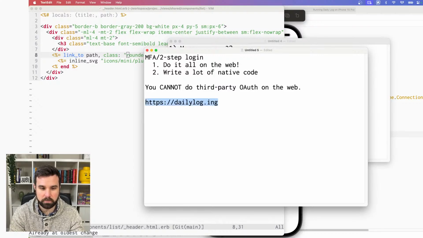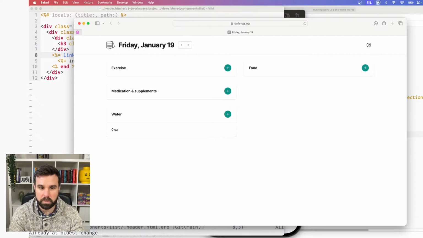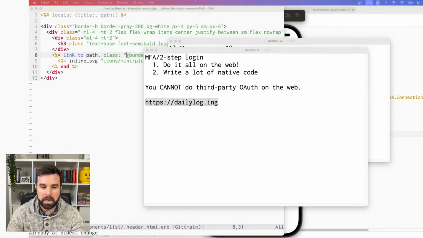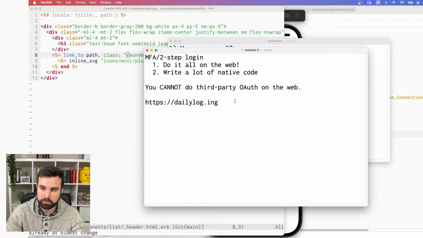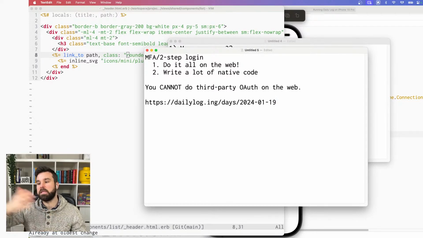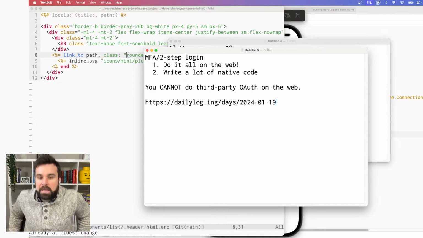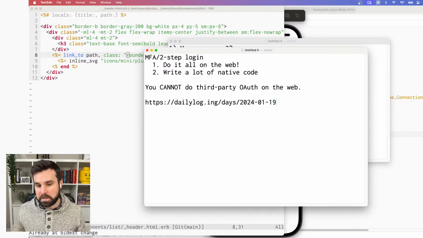which is the website for this app, and if I click this on my phone, if I have the app installed, it will open the app. And of course, if you could do something like days/2024/01/19, if you open something like this, it would deep link into the app. They're really powerful because they get your user back in the app where you've hopefully created the best experience for them. And they're not that hard to build on Turbo Native apps because of the kind of global routing that